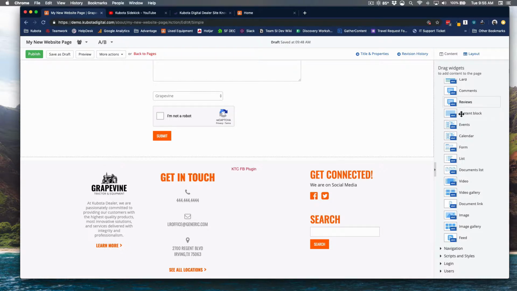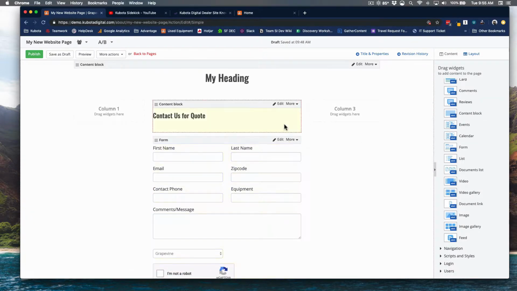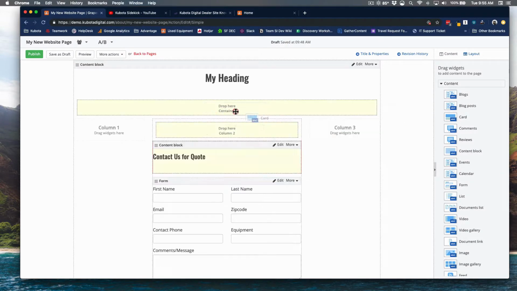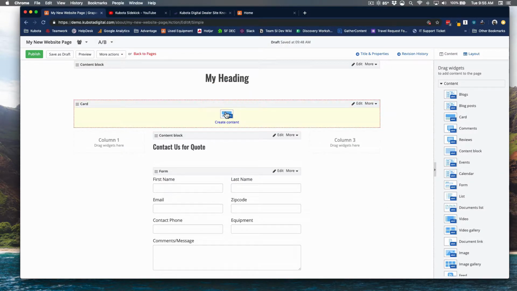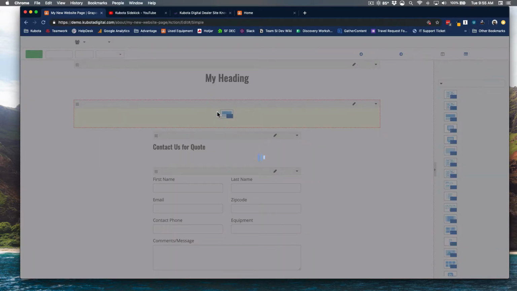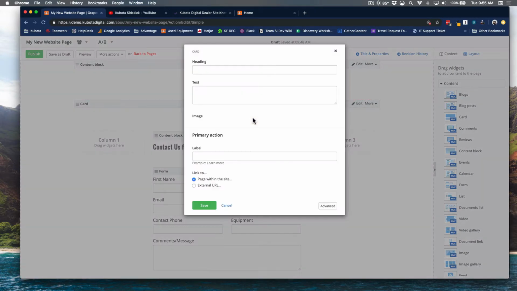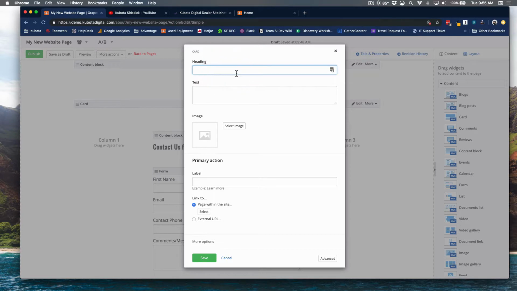I want to talk about cards next, and let me delete this form and I'll show you. I'll tell you what, I'll just drag it up above the heading. So we've got this thing that's called cards, or card, over here on the right hand side. And this can be a lot of different things. This is basically like a styled content area for your site. So as you can see here,